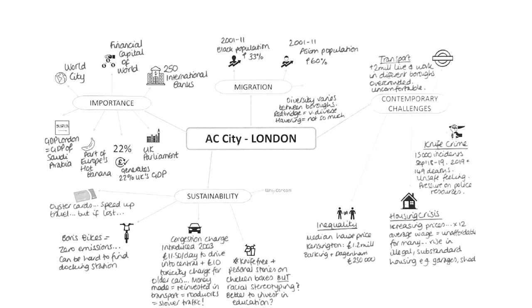Knife crime, in terms of trying to make that more sustainable, you could talk about the #KnifeFree campaign, which is where they put personal stories onto chicken boxes from chicken shops. However, it was massively criticised as racial stereotyping in terms of the people that frequent chicken shops, and it was thought that it would be much better to invest that money in education.